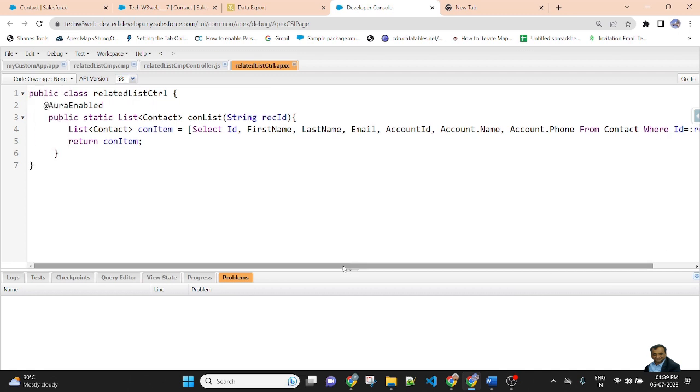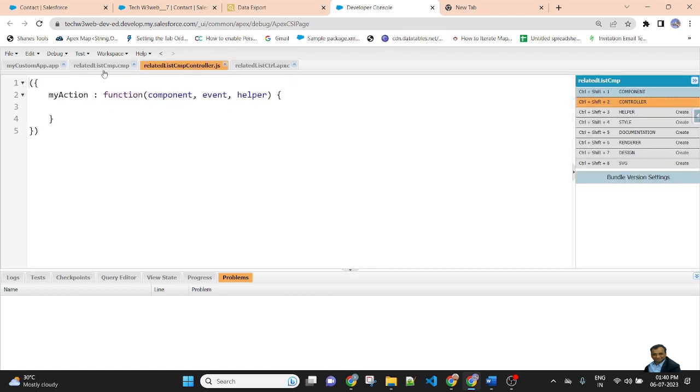So in this case it returns a single record of contact and related account. Returning this contact item, first it will query and then return the record. So save this file.